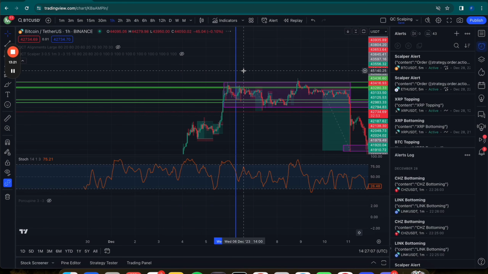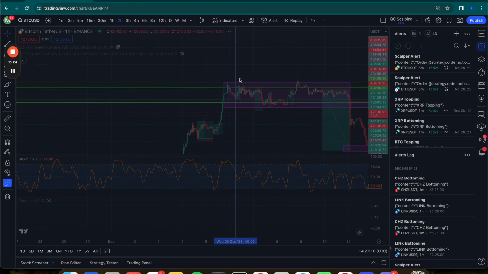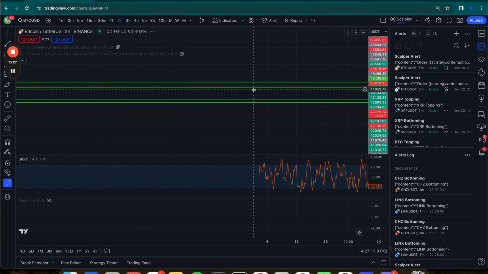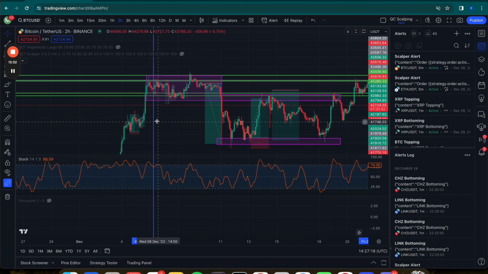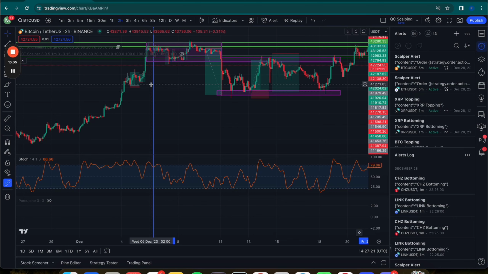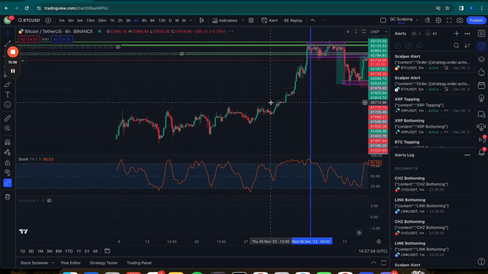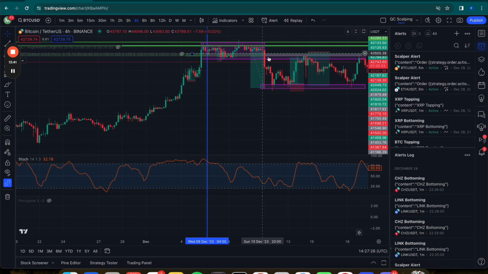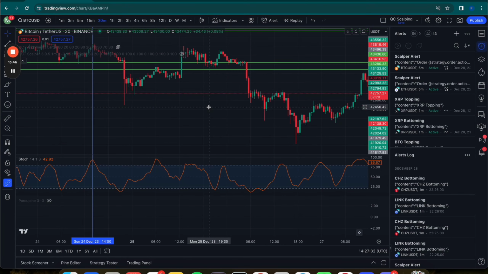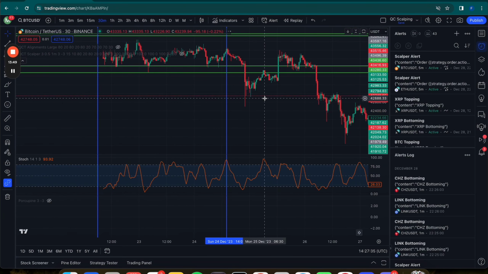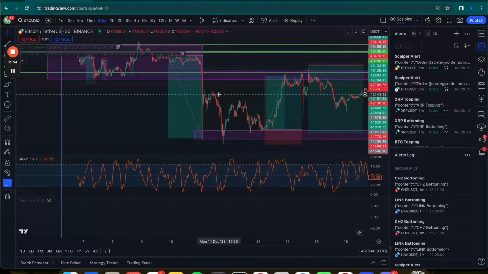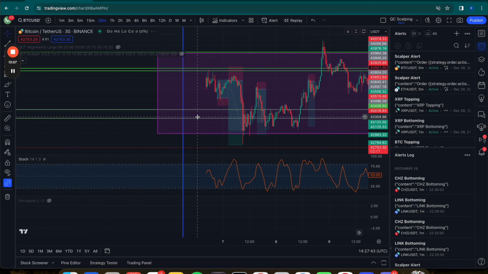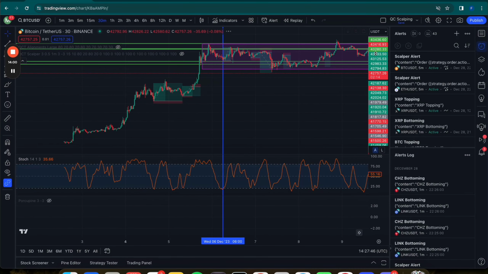So on the higher time frames, our 1 hour was still going down. Our 2 hour was probably doing something similar here, topped out going down. So you see that these ones are rather topped out going down. If I go to the 4 hour, for example, that one's topped out too. And you see what happened later on, right? There was this big move, but on the smaller time frames, the 30 minute was topped out, and by the way, there was a big move, but it took a while. Oh, sorry, that's the wrong line right here. The 30 minute was topped out.